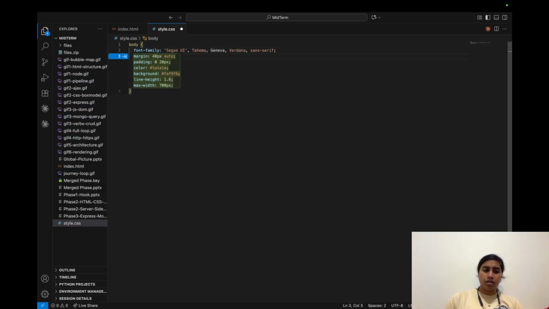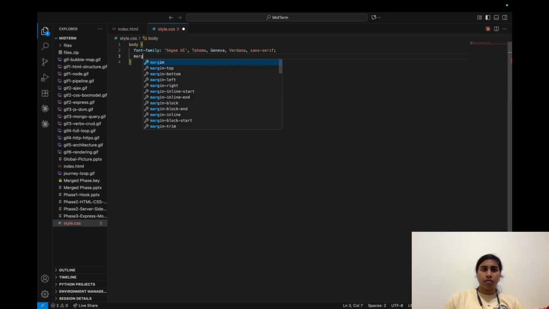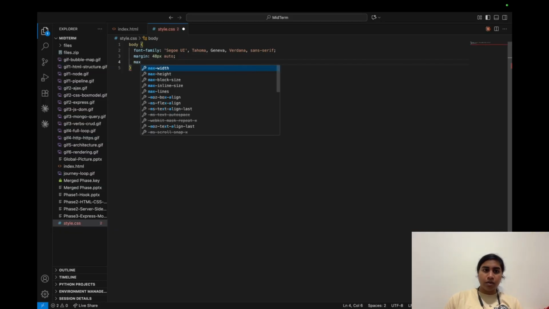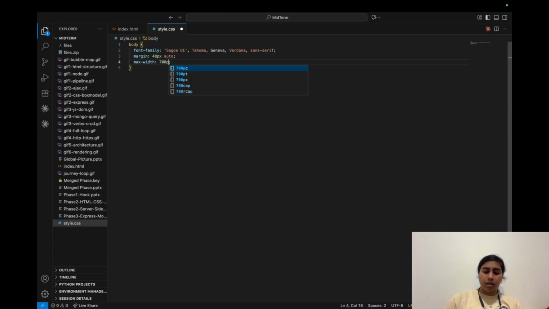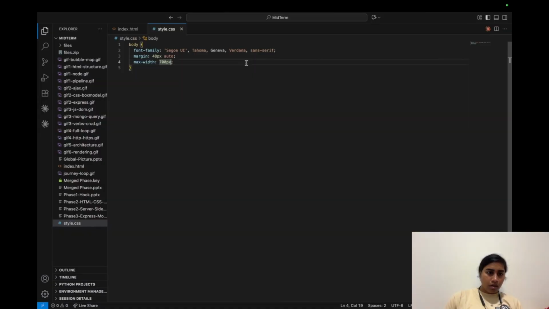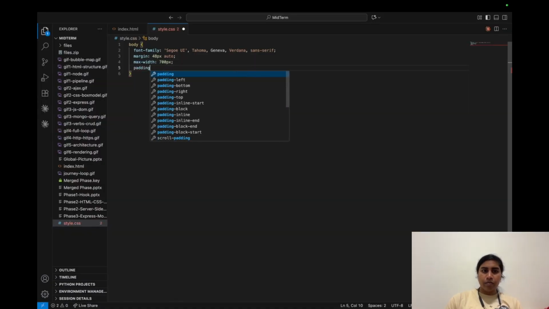And then I'll add a margin, 48 pixels, and I'll keep this auto. This is more like the horizontal, vertical orientation over here. I'm gonna add max width to this page so that the content is contained, and I'm going to, let's see how it looks. Okay, it looks good. A little bit more padding,